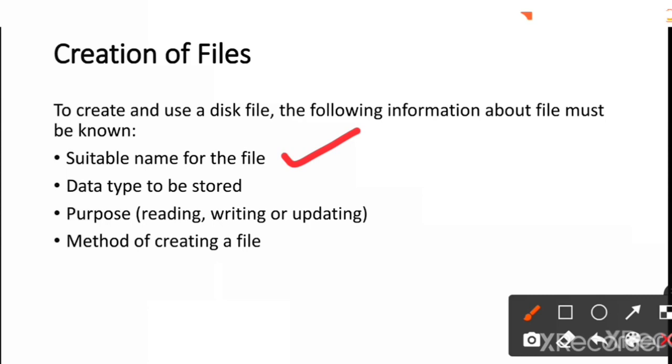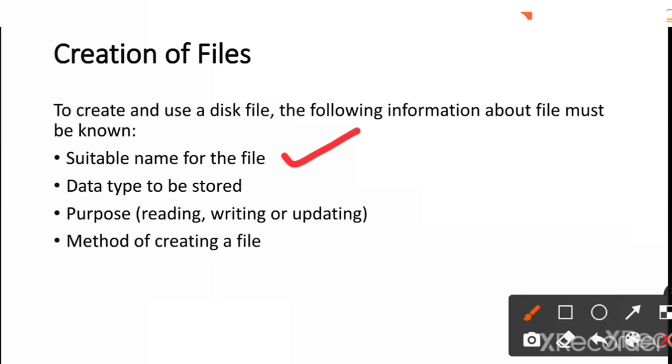The length of the file name and the characters that are allowed depend on the operating system on which the Java program is executed. The file name may contain two parts, a primary name and an optional period with an extension. For example, I can create a document by writing test.doc. Here .doc is an extension that specifies the type of the file. And if I want to create a text file, I can write student.txt. So .txt is an extension that helps in identifying the type of the file.